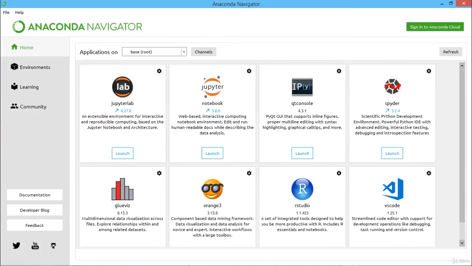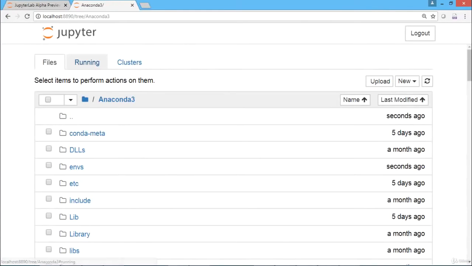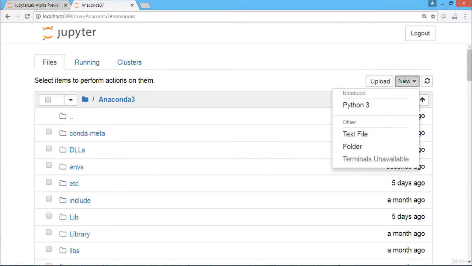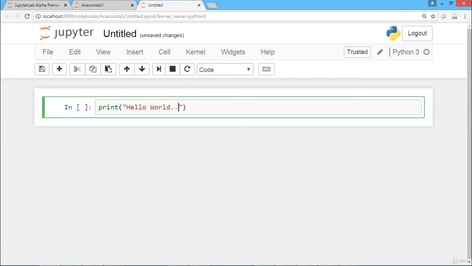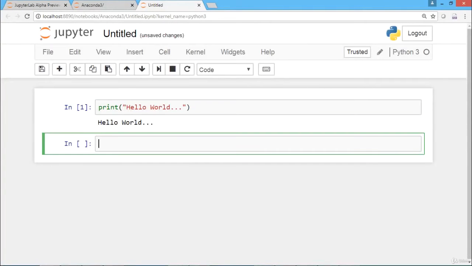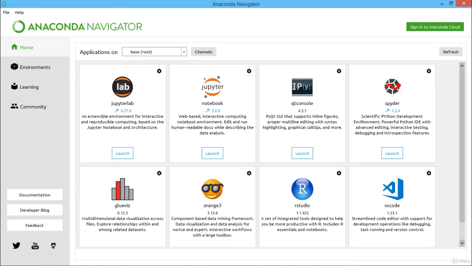So now we are going for this Jupyter Notebook. We tested with the Jupyter Lab. Now we are going for this Jupyter Notebook. So this is the respective folder structure it is telling. Now we are going for a new Python 3. So here also you can type. You can go for the execution. In this way, also using this Jupyter, we can go for this typing. So we have tested with the Jupyter Lab and Jupyter Notebook. So two ways we have done.